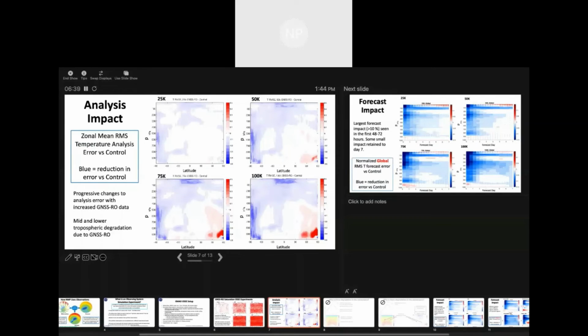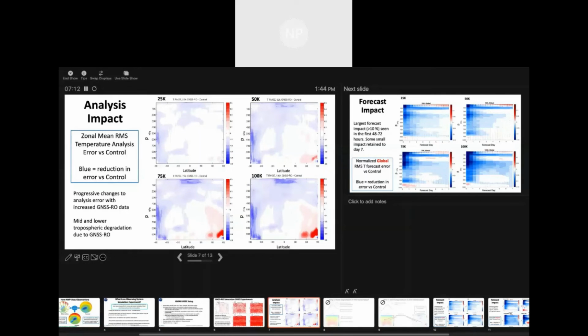new RO data on the analysis, which was that combination of the first guess with the observations. So this is basically the initial condition for your forecast. And these plots are showing you the zonal mean root mean squared error of the temperature analysis compared to the control. So what this means is if the error is reduced compared to the control when you add